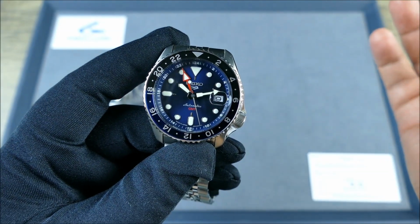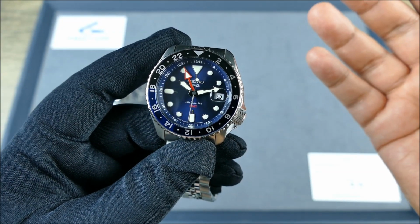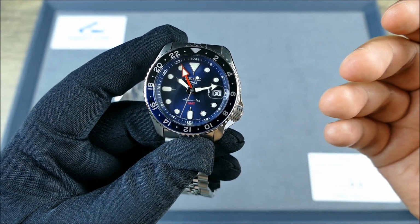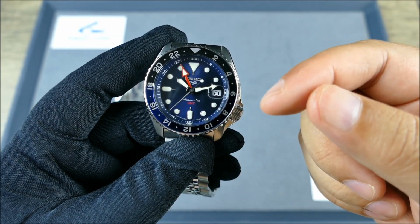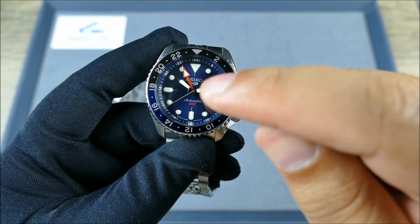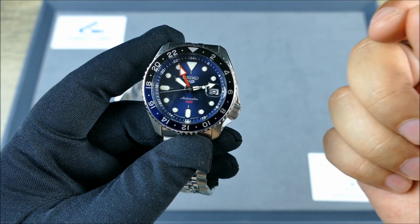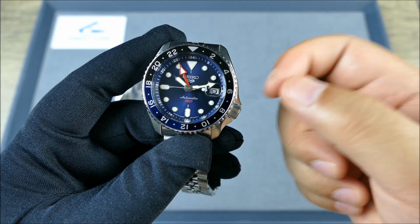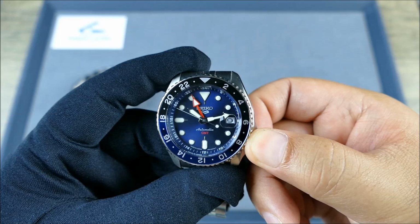So that's pretty much how you would use an office or caller's style GMT. Now, if you're going to use that when you're traveling, then what you would do essentially is update that hand and use that to track. That'd be the easiest way, so it wouldn't get in the way of anything, right? So you could leave everything the same, and then you could pop the crown back out again and say, hey,